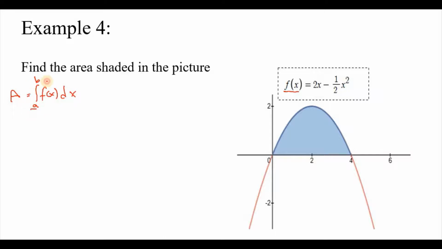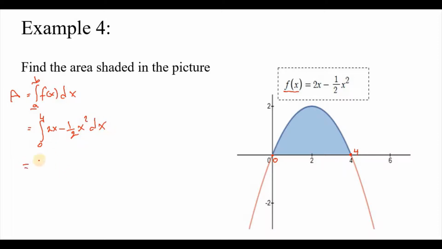We want to find a, we want to find b, we have f of x. So if you can see here, we have a is equal to 0. This is the beginning of the closed interval, and we have b is equal to 4. So we can say the area is the integration from 0 to 4 of 2x minus 1/2 x squared dx,